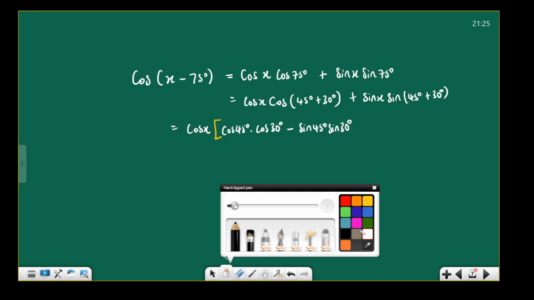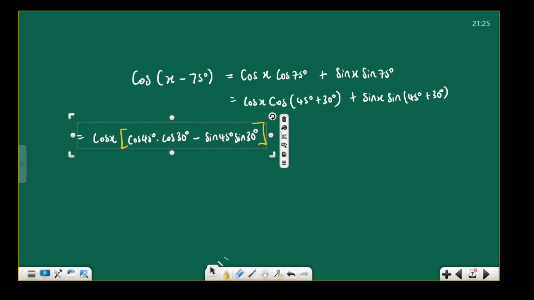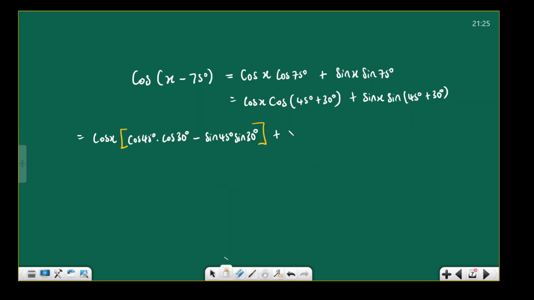Good. Then from there you can open that, close that. Yeah, it's still very, very long, so probably we'll wanna move back a bit so that we can accommodate all the numbers there. Then you will have plus, okay, and then you will have sine x,